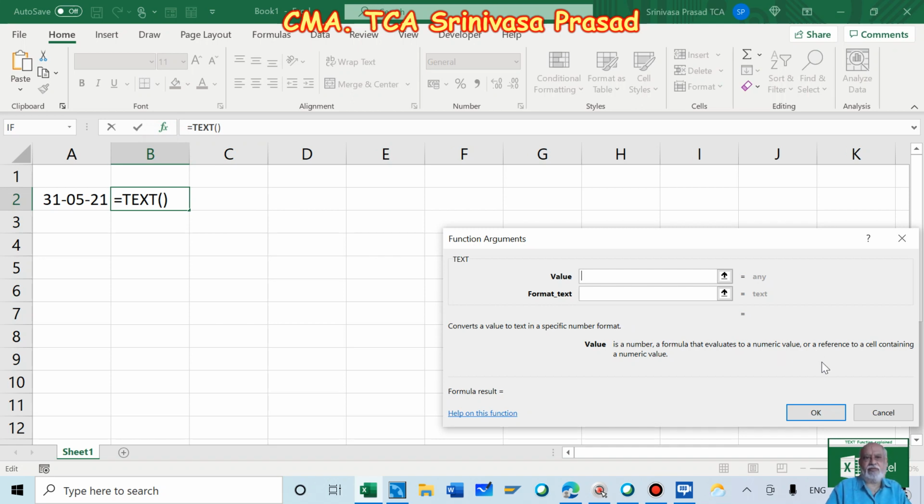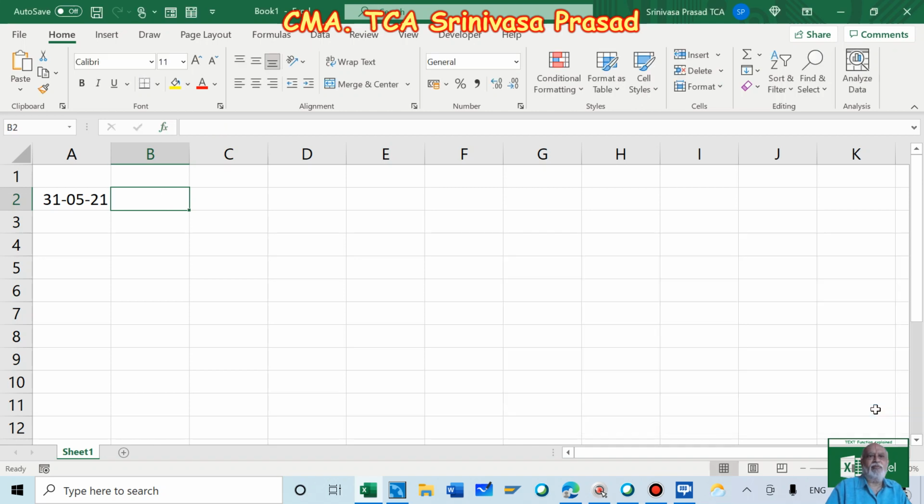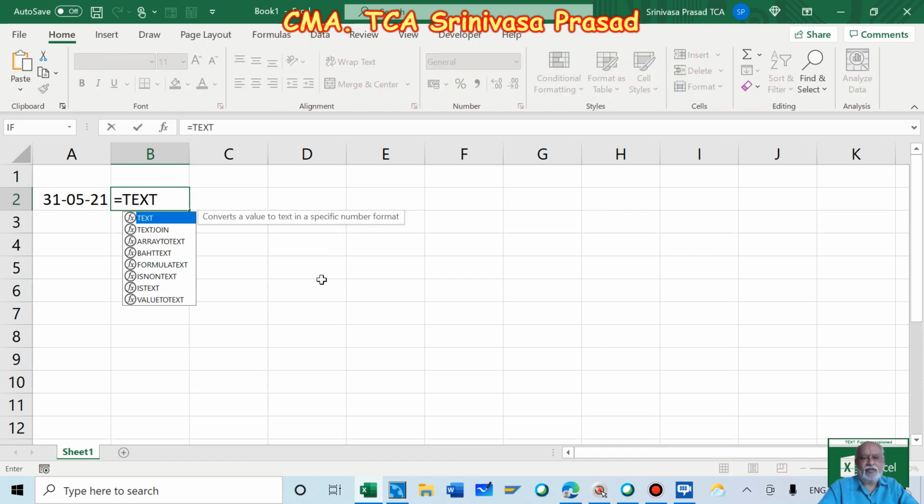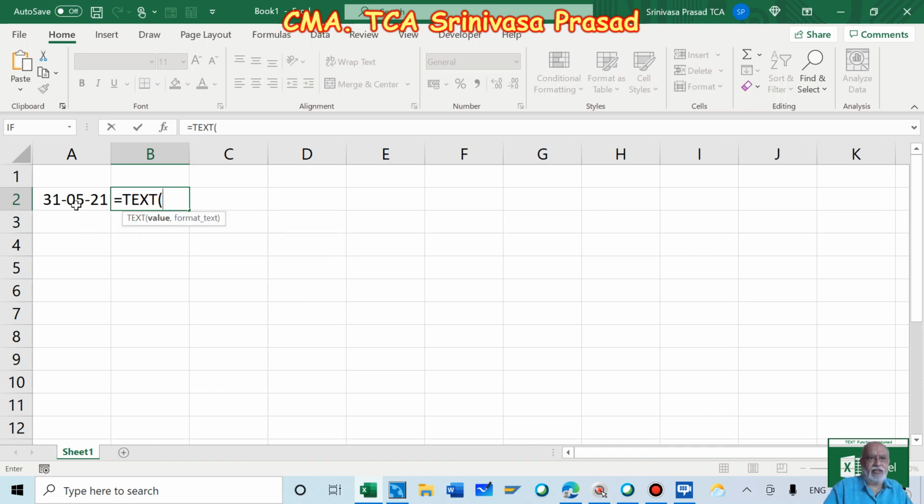I request all of you to use it in many ways. Since we know the function, let's say TEXT within bracket, and this is the cell from which we will be taking.